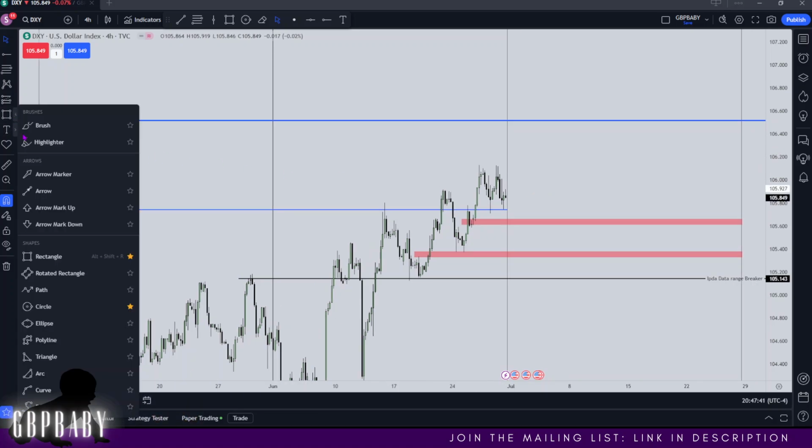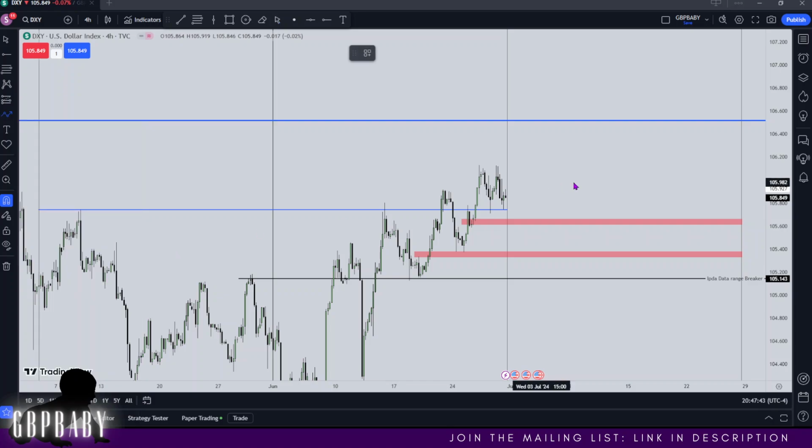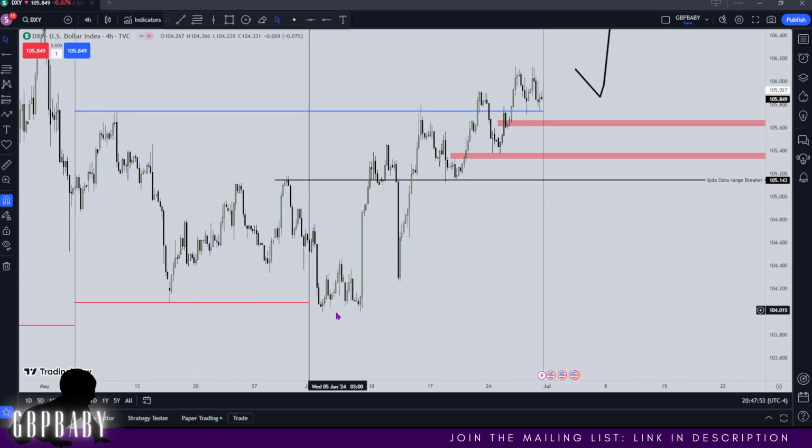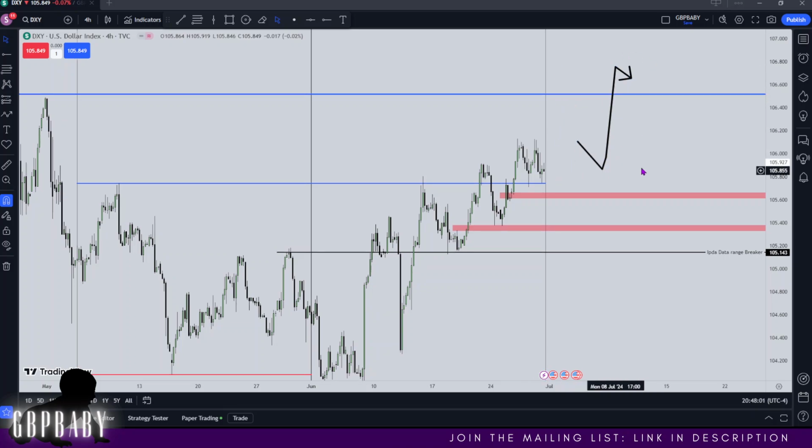Let's draw it out just for diagram's sake. So I want to see us open, create the low of the month, and then trade on higher to create the high and then close like that. That's how I want to see the month form. That is exactly what you can see the month of June did. We opened, we traded lower, we created the high, and then we came back in. Now I'm expecting the same thing to happen in